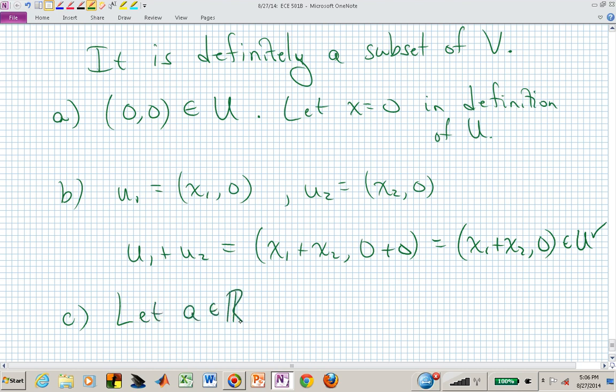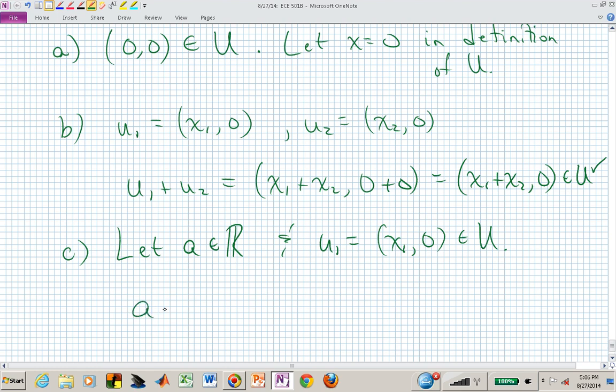Let A be a real number, and U1, let's say, be x1 comma 0, which is in U. Then AU1, which is A times x1 comma 0, is A x1,